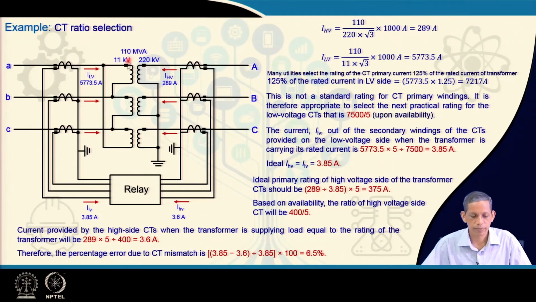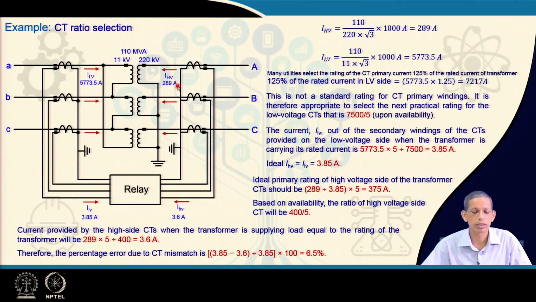110 MVA. And now, you see here the CTs. CTs in a 3-phase system can be connected in star or delta, but typically for numerical relaying you do not require that; both sides' CTs are connected in star here. We will discuss more on the typical CT connection later on. So, in this diagram both the low voltage and high voltage side CTs, primary and secondary, are connected in star, and those signals are being fed to the differential relay in this case.